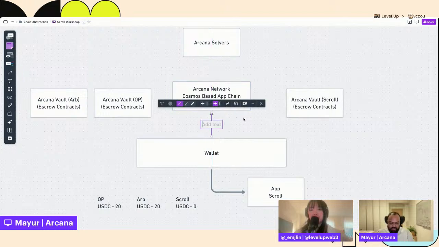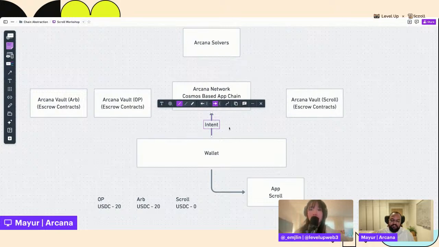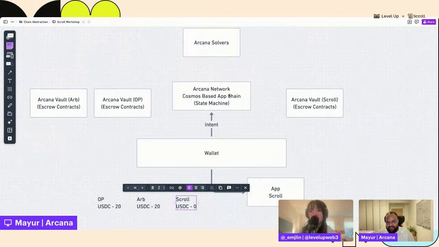And that is what the user submits to the Arcana network. And like I said, it's a state machine. So it records this intent and says the user is intending to use 20 USDC from their OP balance and 20 USDC from their Arbitrum balance to spend 40 USDC on an app on Scroll. That is the intent. And that's when that intent gets logged in our state machine, and that's when things start to happen.